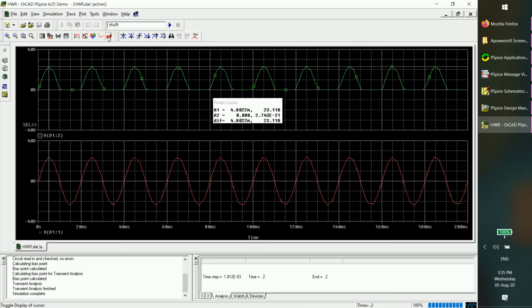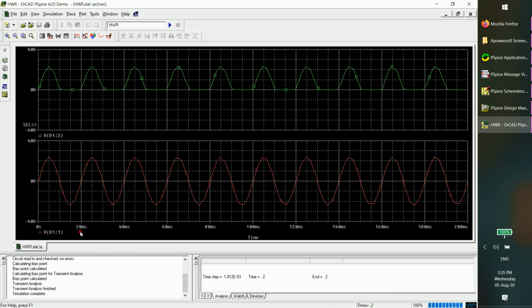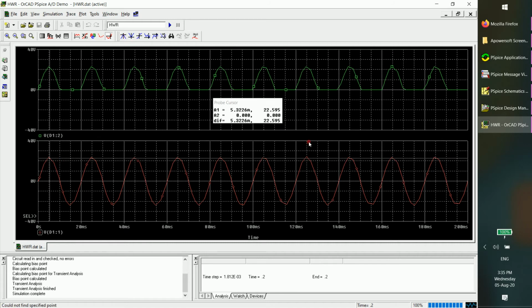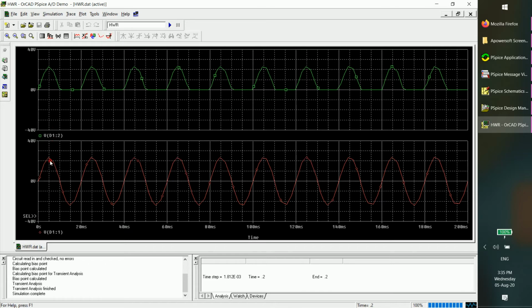Or disable this cursor, select this window. Yeah, you have a cursor here. See, this window is being selected. Now enable the cursor and then just move it. See, maximum volt. Enable the peak. It is showing 22.595 volt. Okay, so this is 22.595.